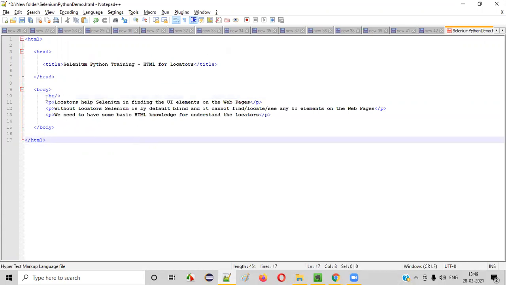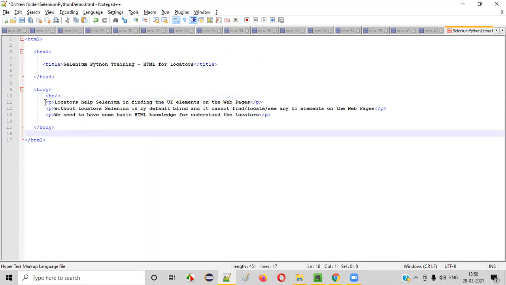So what is the difference between this tag and paragraph tags, guys? This is only one tag, but in the paragraph tag, there is a starting tag and an ending tag. But in hr slash, there is no starting and ending, only one tag. A few tags in HTML are self-closing tags. For example, the paragraph tag is not a self-closing tag. It starts here and ends here. Whatever is provided between the starting and ending tags is a paragraph, right? But hr slash is a self-starting and self-closing tag.